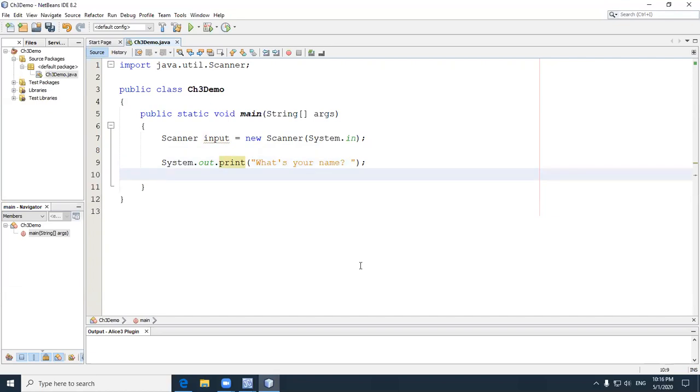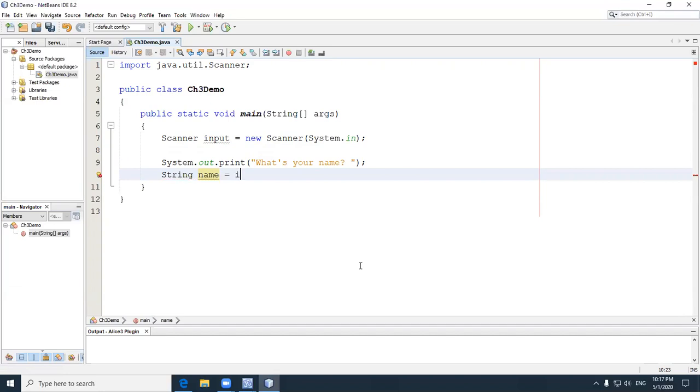And then I realize that this is going to be a string. It's not going to be a whole number. It's not going to be a double. Those are really the big three that we're going to put in here. So I'm going to put this in a variable. I'm just going to call it name, right? So string name gets. Now here we're going to have to use that